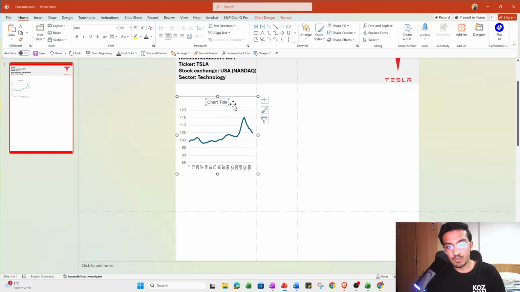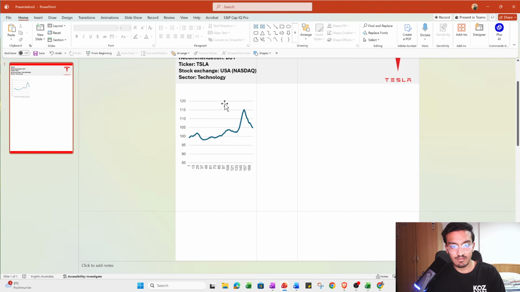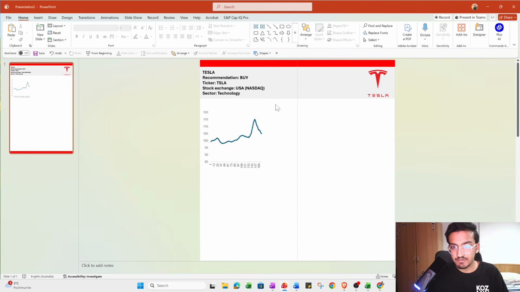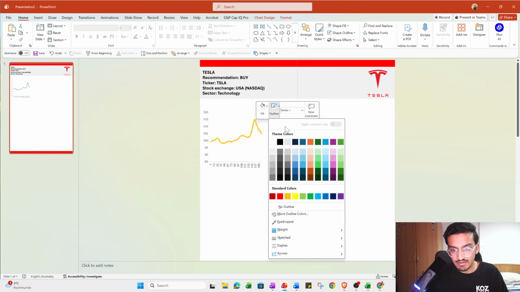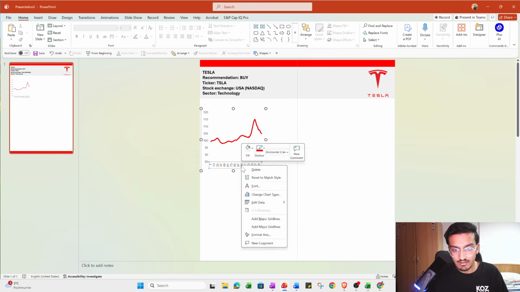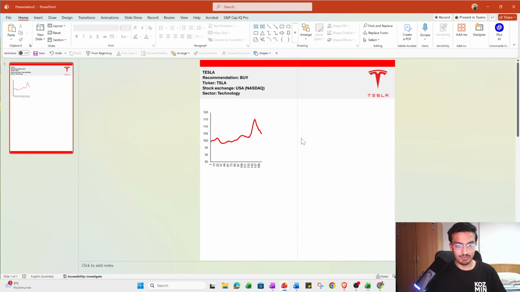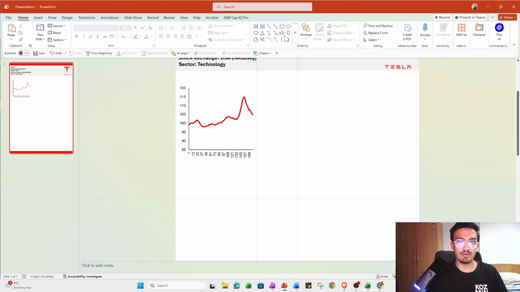Let's not title it within this. Let's remove the background here. And this looks good because I like Tesla in red design. I would keep everything red, so let's keep the outline red. Here it can be black. And that's exactly how your chart looks. And that's now looking quite nice, I would say. And then obviously you can have something like this,